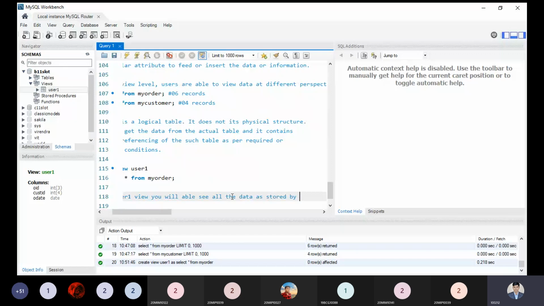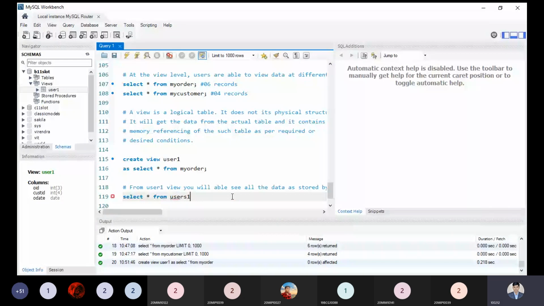So if I'm using select star from user one, what will it display? It will display all the data represented by this table, that is my order.